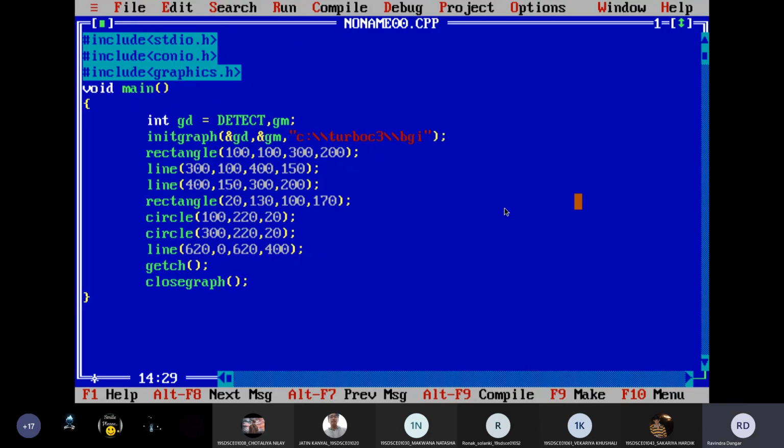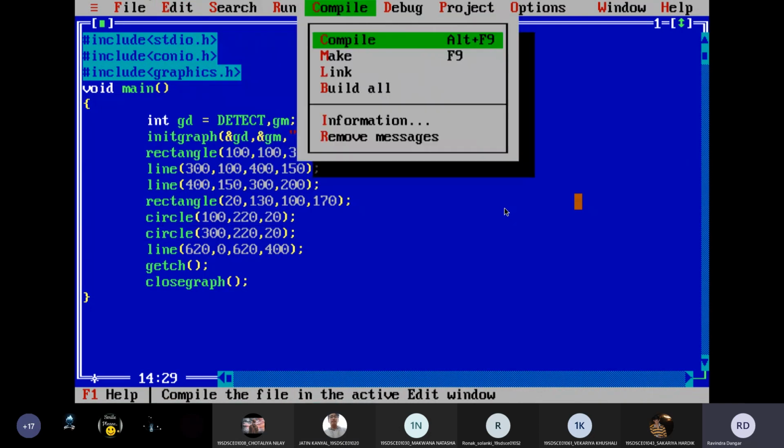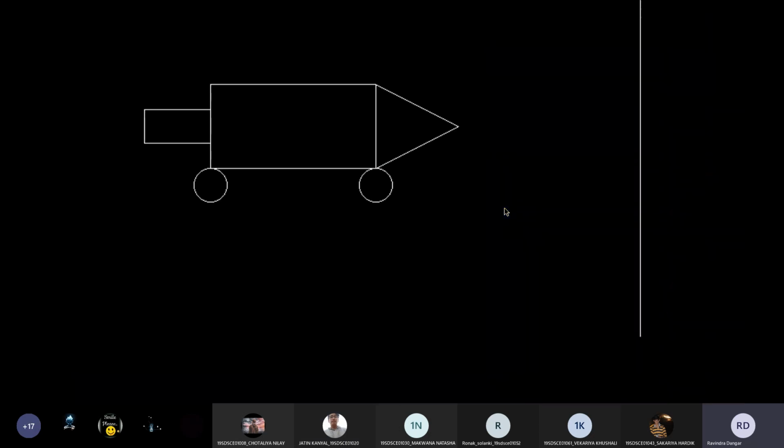Now we'll have to move this entire object. Can anyone tell me how can I move the entire object? Translation transformation, correct. We need to use the translation transformation. So here we know that we want to move this object in horizontal direction only. So for each point, we need to increment any one value. Which value should we increment for each point?